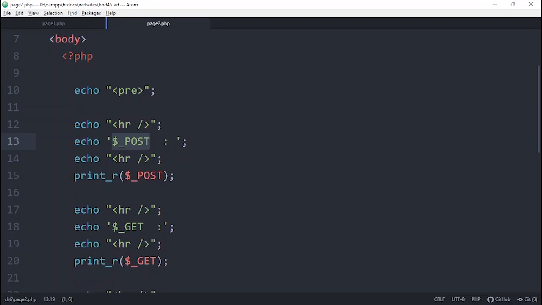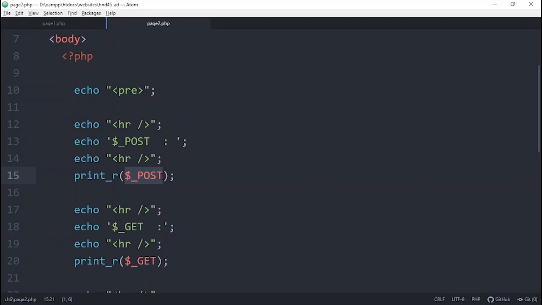Now down here, line number 15, you can see I am using the print_r command. You know that the var_dump command is also there. The print_r command, I think in my previous session I have already taught you. If you have any doubts, please watch the previous videos. Here I am giving that built-in associative array in the server, which is $_POST.